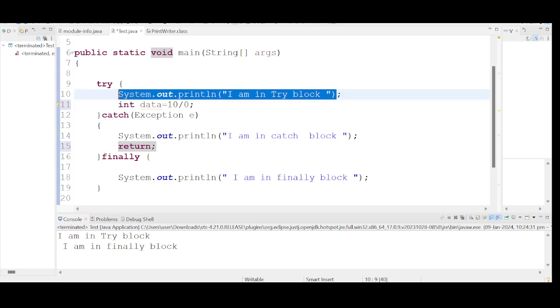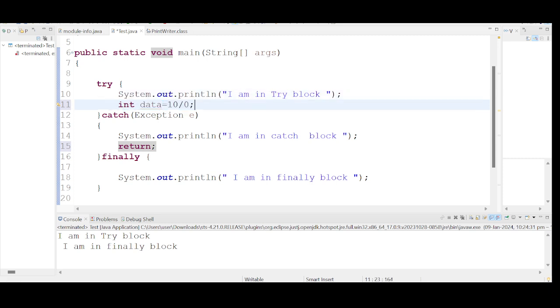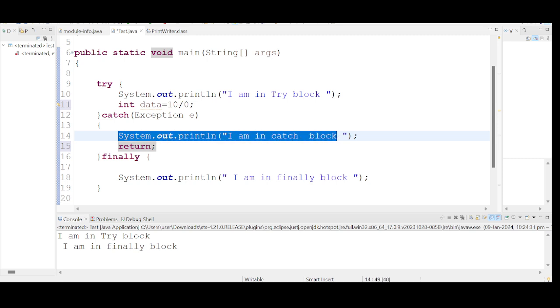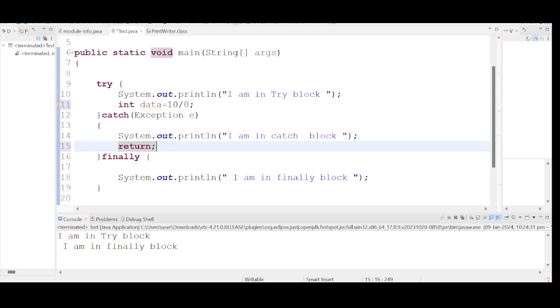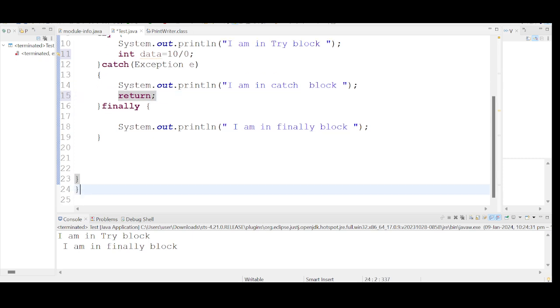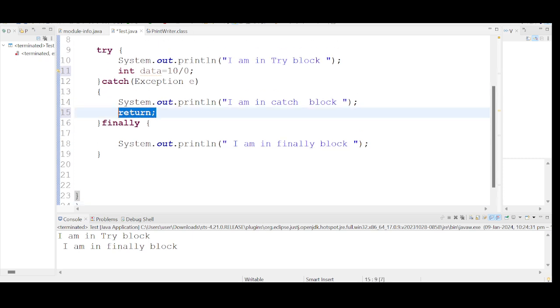The exception occurred. The relevant catch block will get executed, and again it is encountering a return statement. So the control will jump here. This is what we have discussed. So the return statement is so powerful that it will terminate the current method,